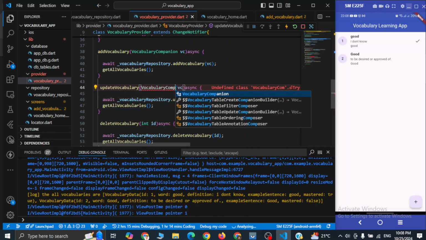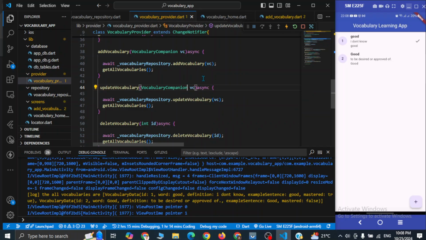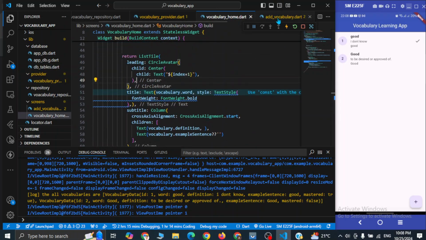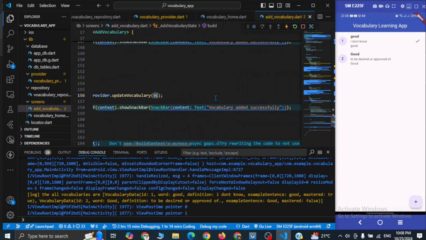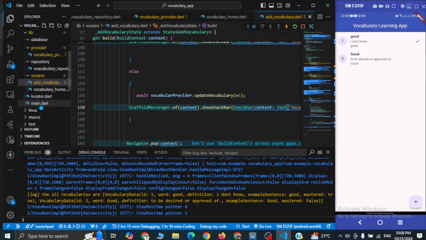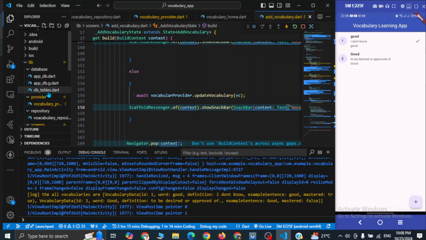So make sure that you change it here in repository and provider. And let's change the text here as well, like a vocabulary updated successfully. So let's try this. Okay, now go to